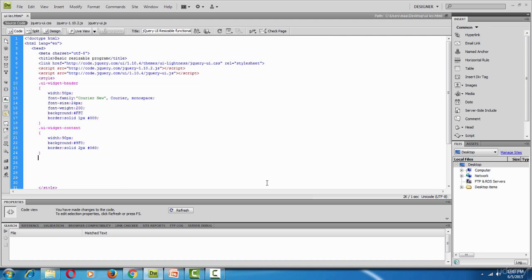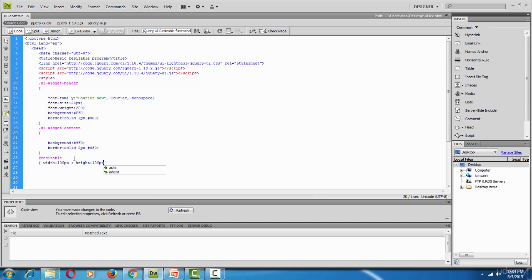Now we can also use hash resizable. If we are using hash resizable, then we have to remove the width from here, because the resizable part will adjust its width and height itself. So we have to input it here and remove it from here. In the resizable part we can include width, which is the part that is to be resized. So width we can take 100 pixel, height we can again take 100 pixel,